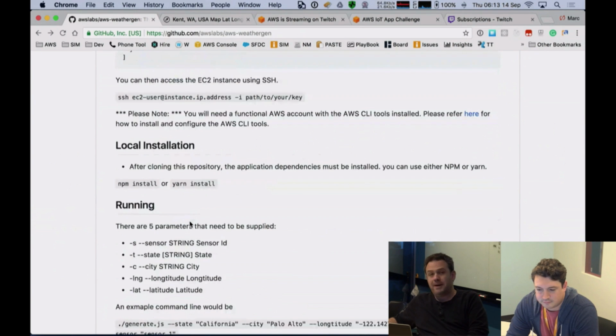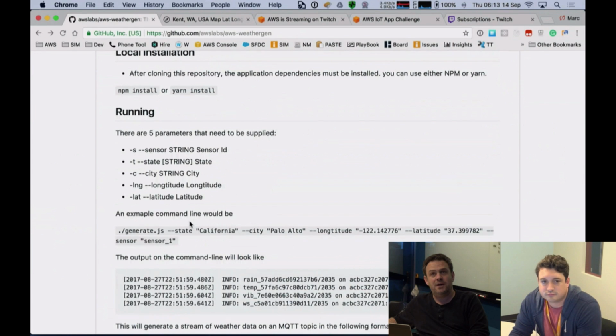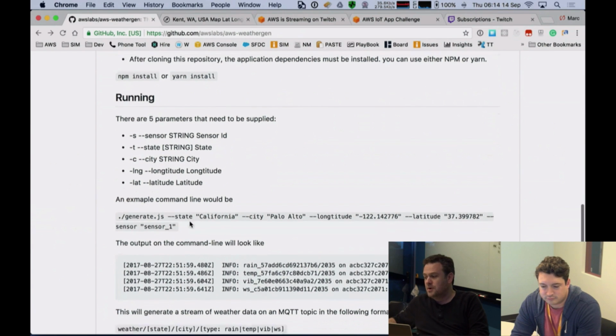We'll also talk about how you do this from a local installation standpoint. We're going to use Yarn today, which is a package manager for Node.js from our friends at Facebook. But you could also equally use NPM if you're more comfortable with that. And I'm going to run you through what the command line parameters are in order to get this kicked off. That's a great point. Yep.